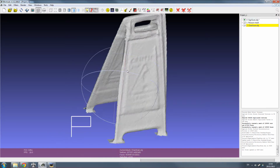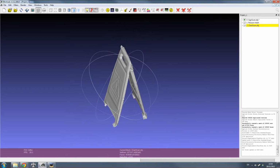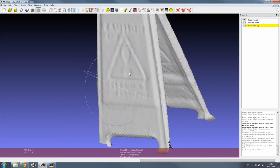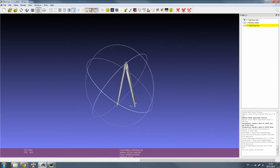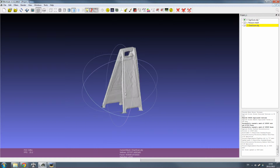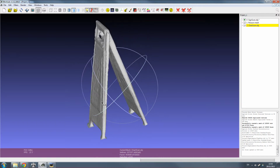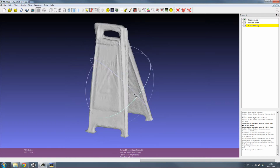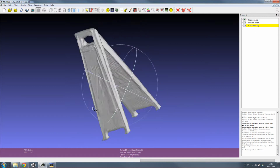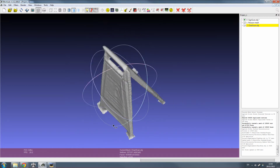And even the original scan has some edges going on there, but it just doesn't capture what we need it to capture. And I figured that this might be the case. The Kinect does have its limitations, but yeah, I think it's safe to say that the Kinect is not really a great choice of scanner to capture